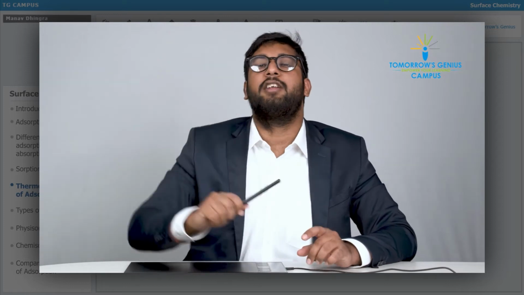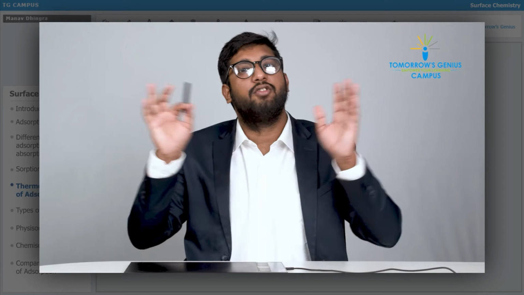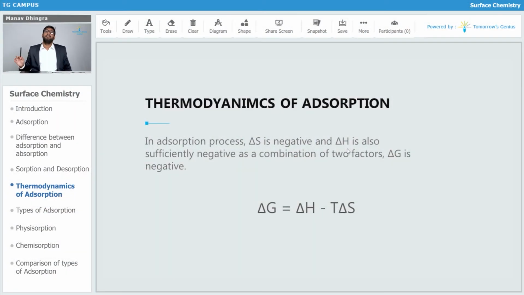Now there are two factors which affect your delta G. One is your delta H, that is already negative. Another one is your delta S, which is also negative, right? Now the problem is, let's see first over here. In adsorption, delta S is negative. Delta S is also sufficiently negative, and as a combination of the two factors, delta G is negative, right? So you know that over here,